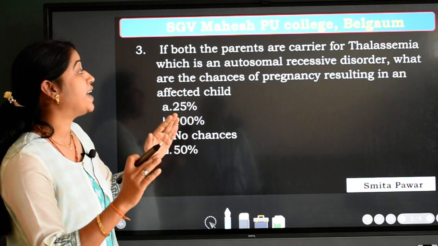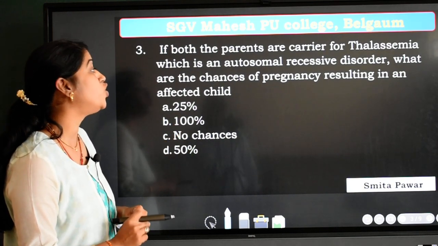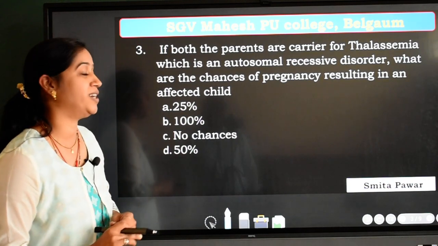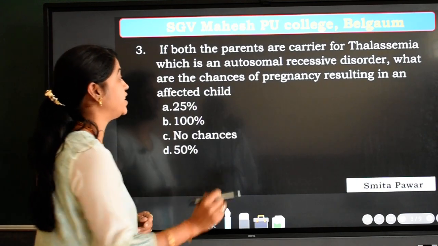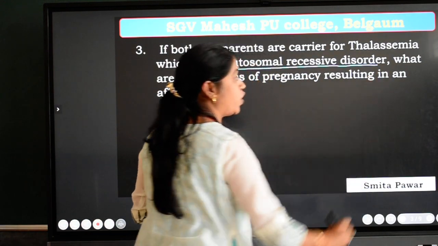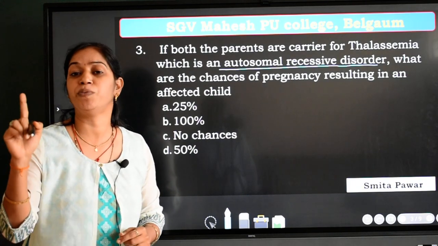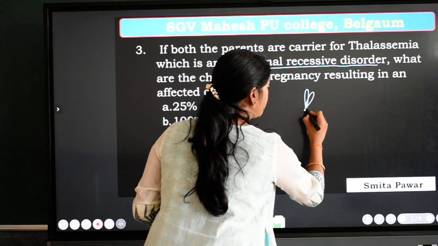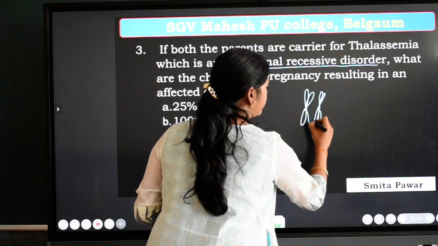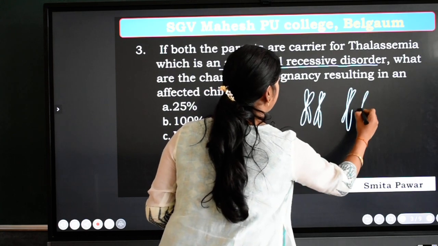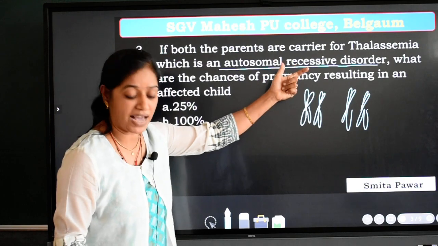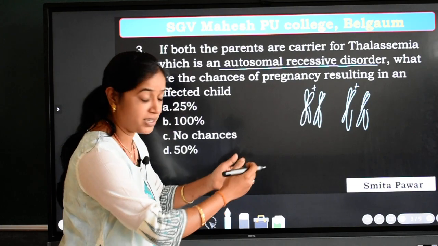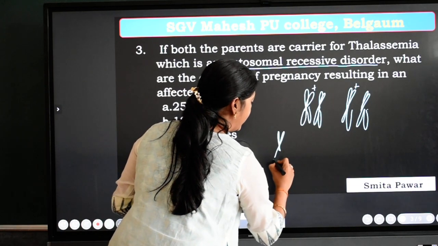If both the parents are carriers for thalassemia, which is an autosomal recessive disorder, what are the chances of pregnancy resulting in an affected child? See students, the key word for this question is autosomal recessive disorder. In this, the normal gene will be dominant over the affected gene. So, how shall we do it? Imagine I have got a chromosome here. And what they have said is both the parents are carriers. So if I mark the carrier like this for thalassemia, and go on combining the way I did in the previous question, I'll get